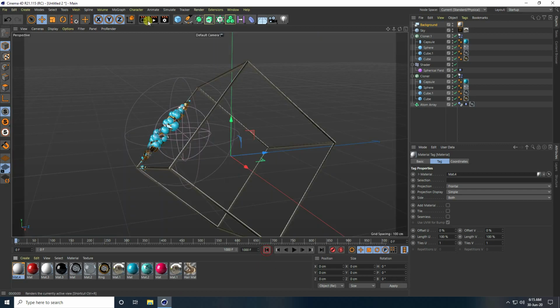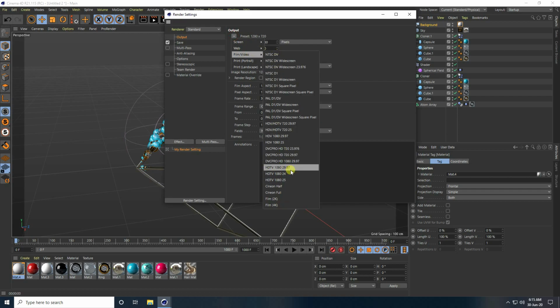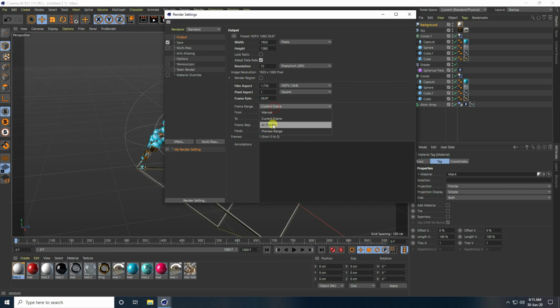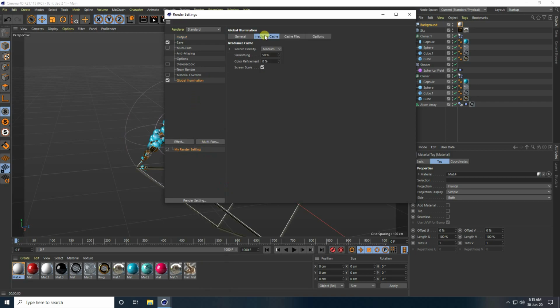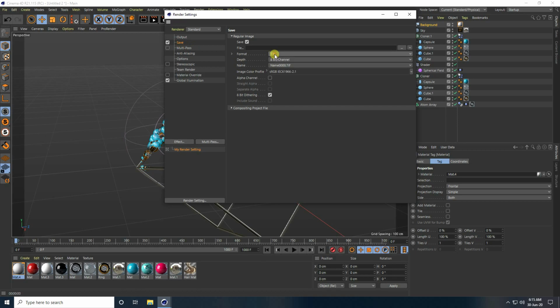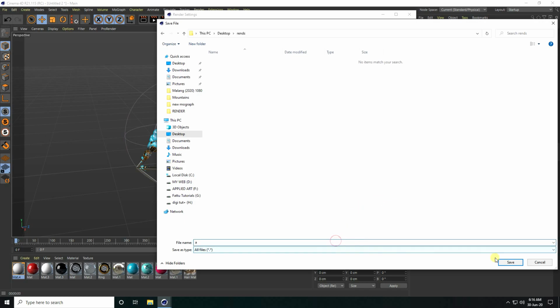Okay, so guys, go to Render Settings and Output size. Guys, you can take any size like this. You can take Full HD, frame and current frame, use all. Guys, this time I use only Global Illumination and Irradiance Cache take Low. Guys, Anti-Aliasing select Best. Yeah, that's it. So go to Save, format. I take JPEG sequences and I go to desktop, create a new folder like renders simple and take any file name.